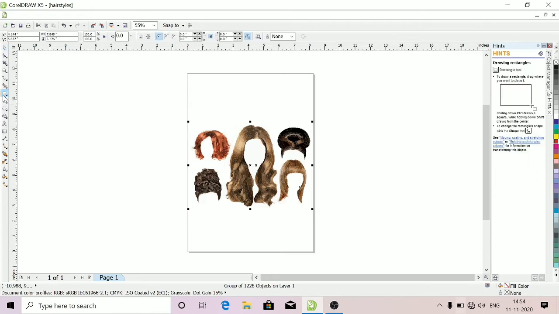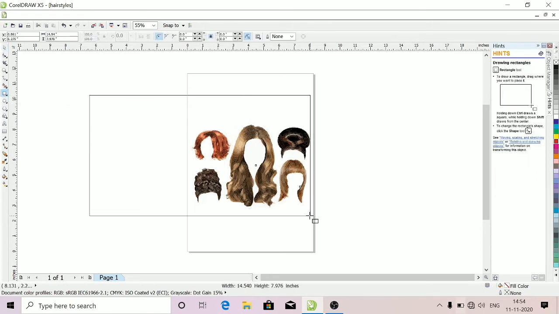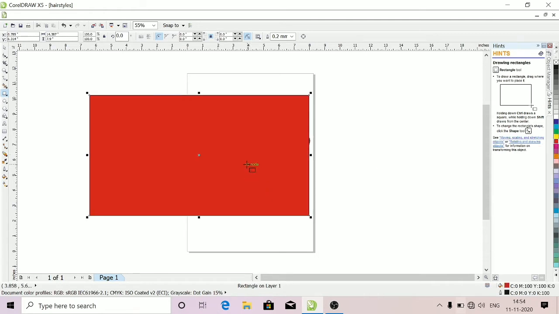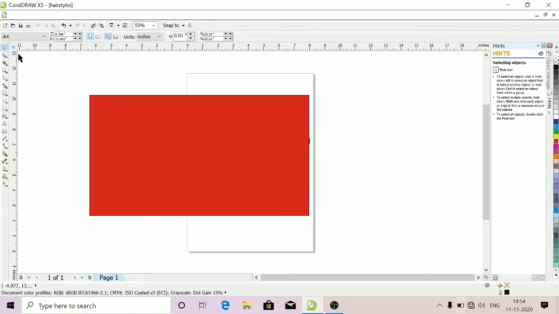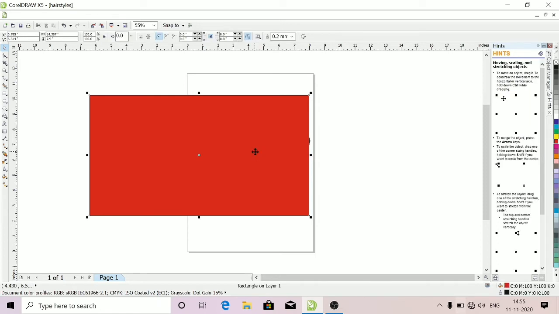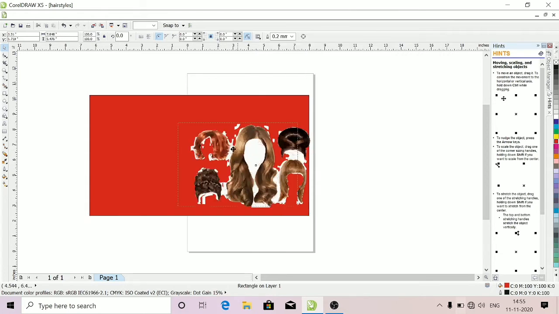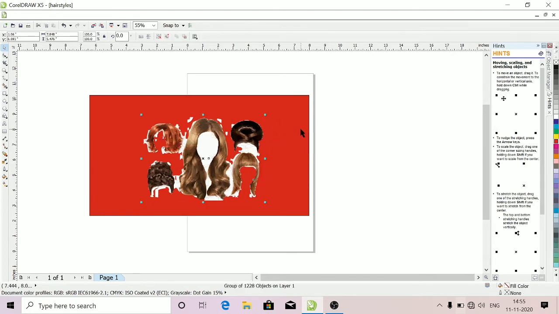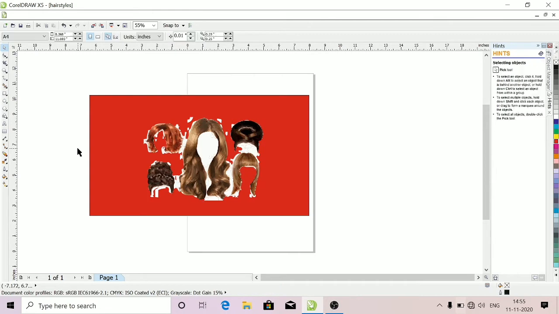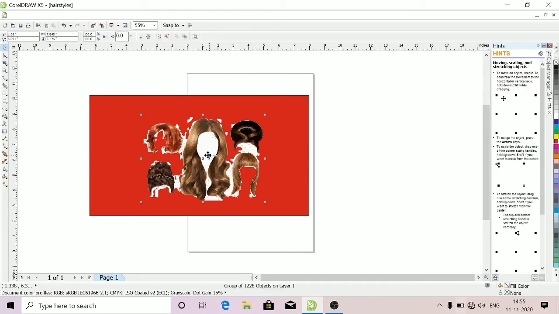Now take a rectangle. Just give it a color. This is about the hairstyle. So right click, go to Order, click To Back of Page so that the hairstyle will come front and the orange part will go back. Click on the hairstyle, press Ctrl U so that all the hairstyles will be ungrouped